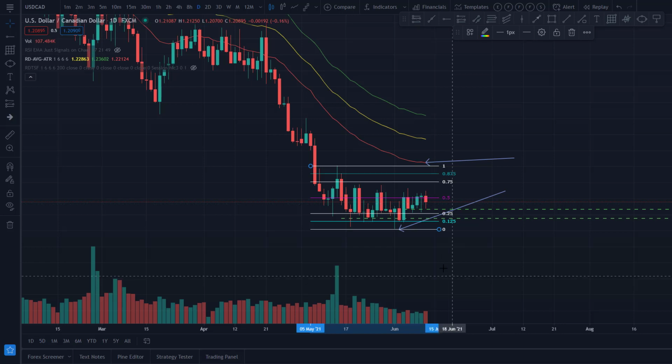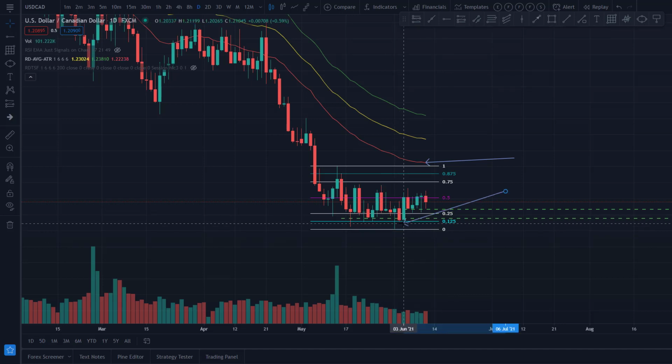Where's our best long entry? Well, down here, we already missed it. Where's our best short entry? Up here, we already missed it. Really, we should not be doing anything at this point in time. Except maybe, if we really thought that there was a high probability of an upside move, then we would be fading the momentum, which is short, and going long up here with a small position size, a participation trade. You missed the best entries, both long and short here. You're in the middle of the range. I don't even need other indicators or anything else to define my risk, to define my stop loss, to define much of that.